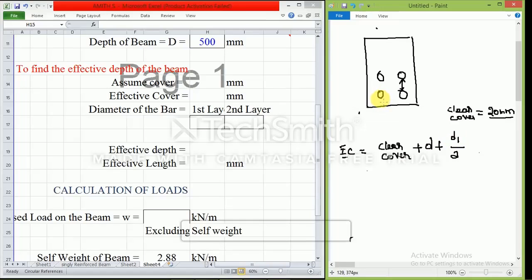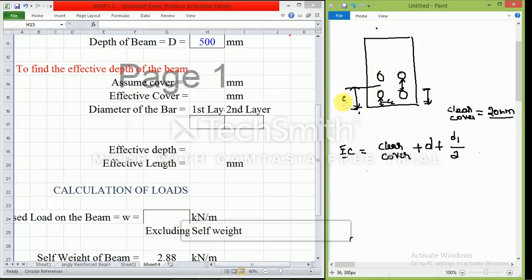In this I can explain in a bit clearer manner. So this is clear cover plus diameter of the bar. Up to here I got a distance. Then what is my effective cover? Effective cover is from the center of these two bars up to here.